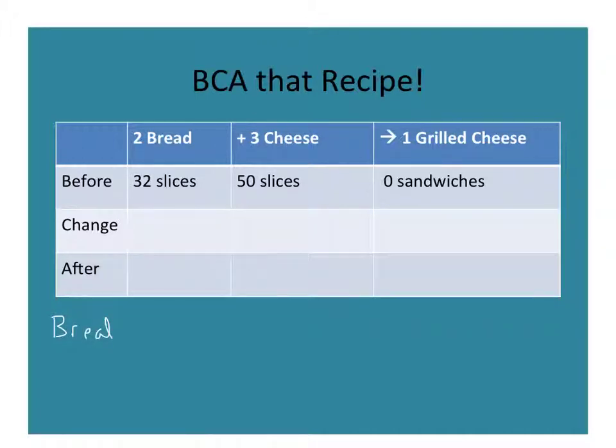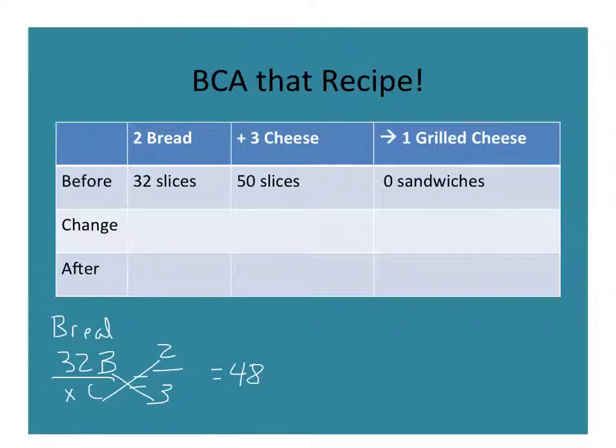Okay, and we have 32 slices of bread, and we're looking for X slices of cheese. This is equal to, in our reaction, our proportion is 2 pieces of bread to 3 pieces of cheese. If you do your cross multiplying, so this times this, and this times this, and then divide by 2 to get X by itself, it comes out to be